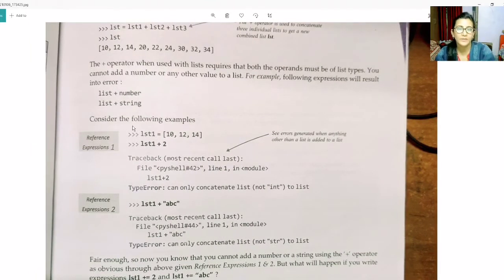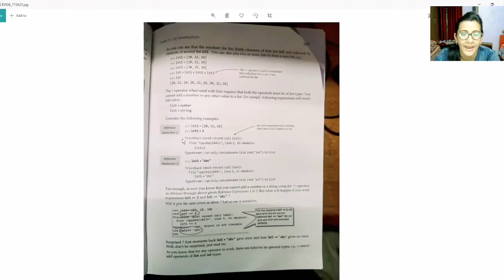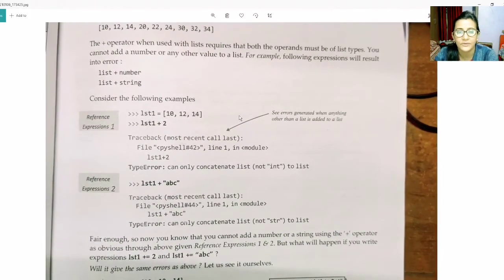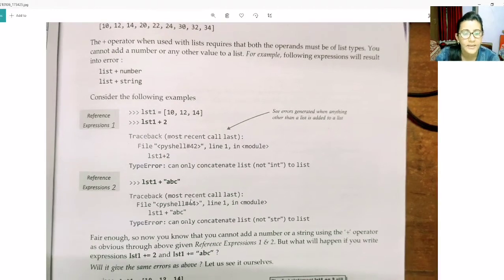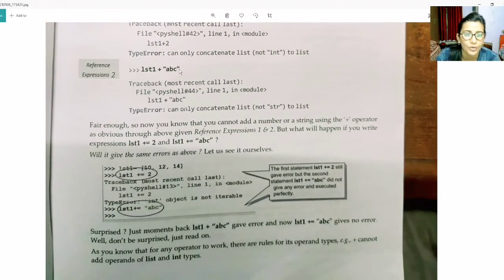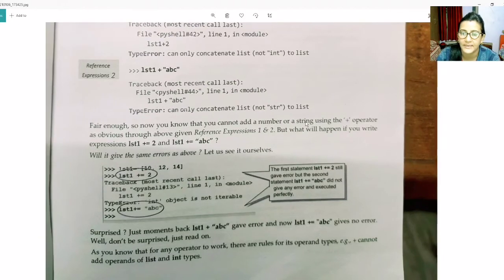One thing to remember, students: if we write list plus 2 in this way, then it will show an error, because a list can only concatenate with another list. So you can go through why these errors are coming. Okay, next we will see